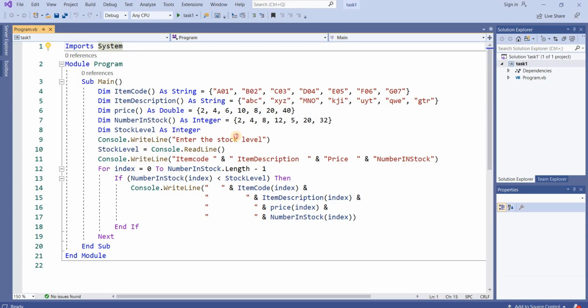Okay, I will show this program. I have written this program, and the number in stock values are 2, 4, 8, 12 and so on, like 20, 32. I will enter 15, and we will see which values it will show. I will click on this task 1.